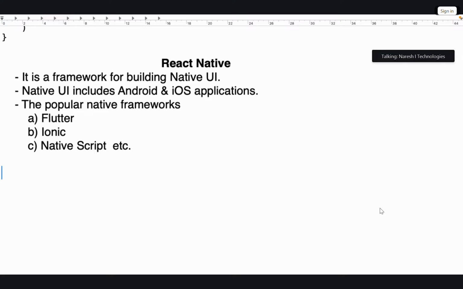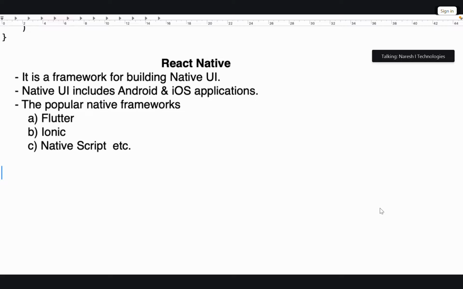These frameworks use React, so useEffect and all hooks will work, but you will not use JSX components. You will use mobile components. That means there is no div, no span, no heading, no IMG. All are mobile components.